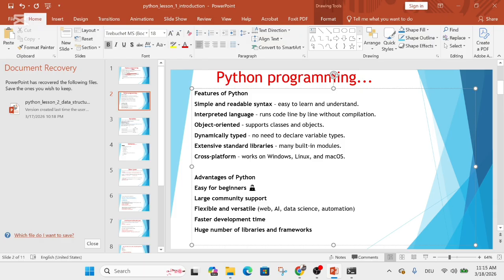Then it supports a huge number of libraries and frameworks, like Django for web development and others. So let's go back to our code and